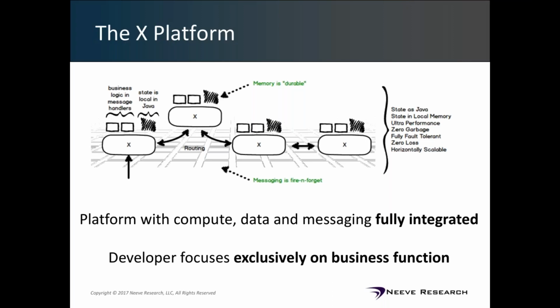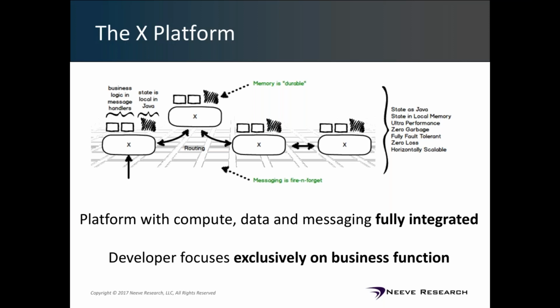So if you look at an X platform, what it does is, effectively, it allows you to build out these agents. These agents are effectively message processors, which from another lens, microservices-based applications are nothing but a bunch of message processors that are hooked up using some kind of messaging, whether that be REST-based messaging or publish-subscribe-based messaging. One way or the other, you have messaging that is connecting up these message processors. What X allows you to do is build out these message processors very, very easily.